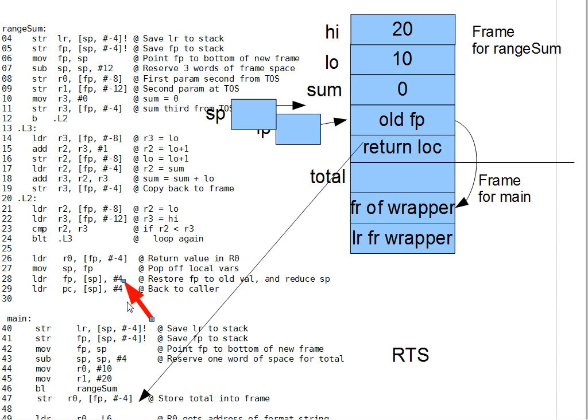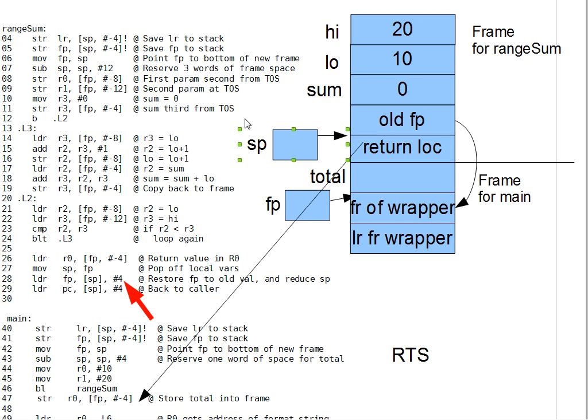Okay, so the answer is that FP now points down to the bottom, or near the bottom, of the main stack frame, and SP now points to the return location. All that now remains of the range sum stack frame is that stored LR value, which line 29 loads into the PC, moving SP another 4 bytes down to leave it at the top of the main stack frame,